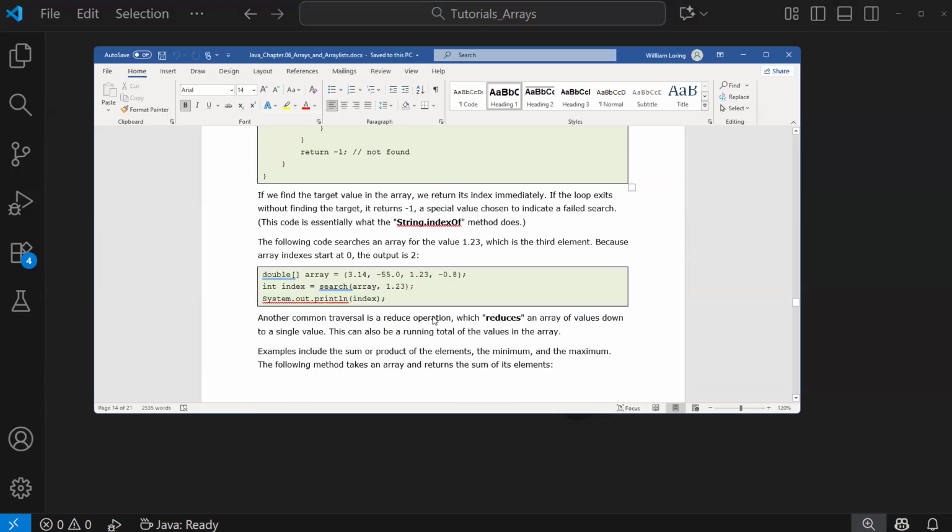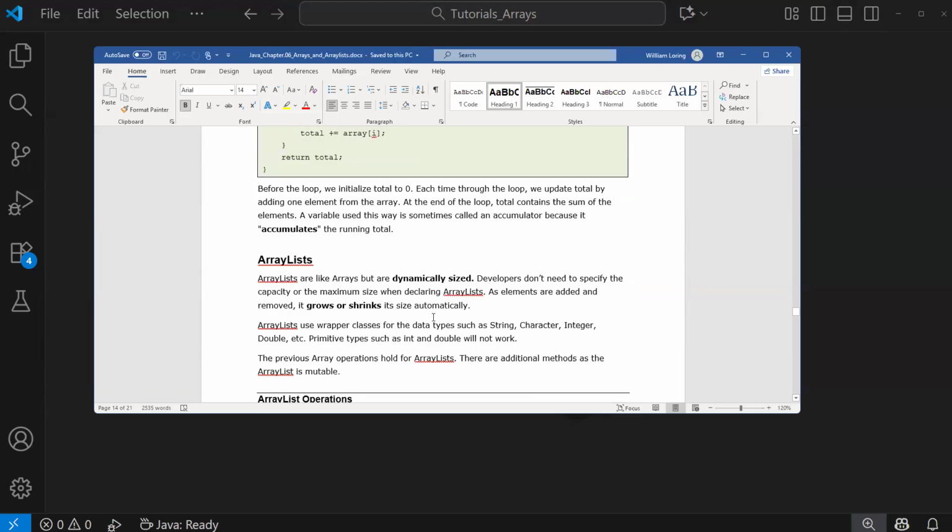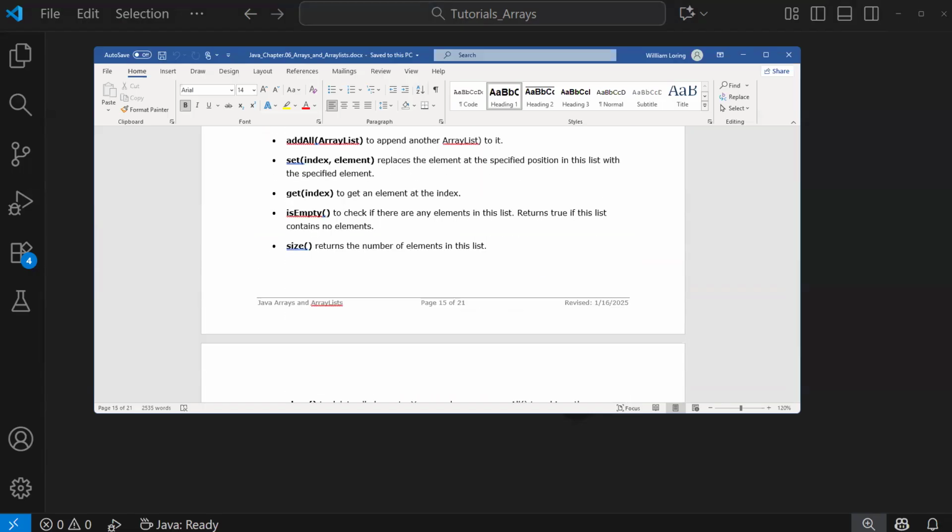And we already looked at the search thing, didn't we? Let's stop and look at array lists, and then we'll be done with our